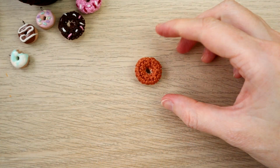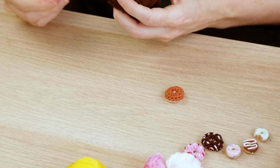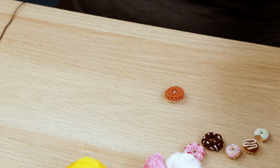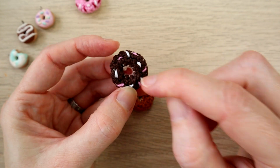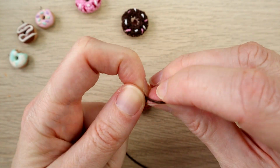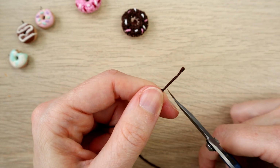Okay, so there's our basic little donut shape with its kind of caramel topping, and I think I will get some dark brown and just sew on some stripiness. So all I did for these ones was just sew tiny little lines to make sprinkles, and to do that I took a short length of whatever colour you want to use, tied a knot in the end, then trim down close to that knot,